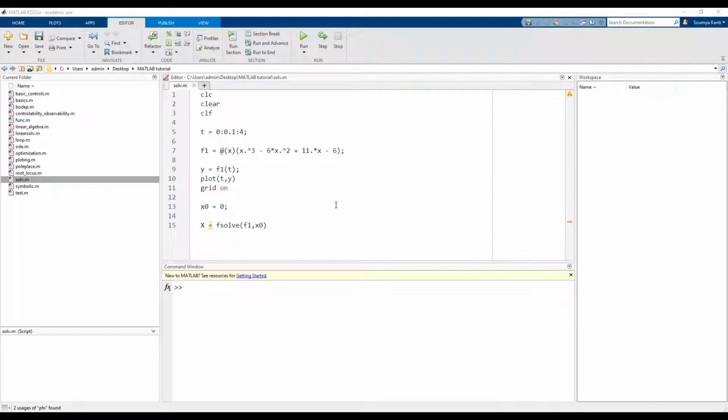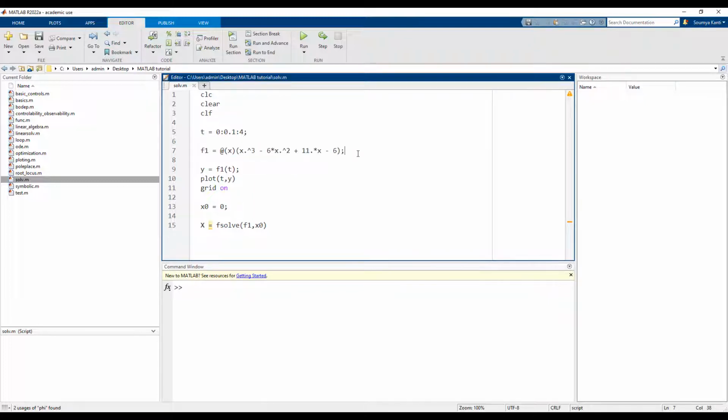Now we will see how to solve a particular function. Okay, so this particular function can be anything, like it can be polynomial, it can be transcendental, or anything in nature. So we will again start with clc, clear, the housekeeping functions. Now I am defining the function here. You can see this is another way of defining a function. This @ means you are defining a function. This is the input variable, this is the function name, and then what you are doing is